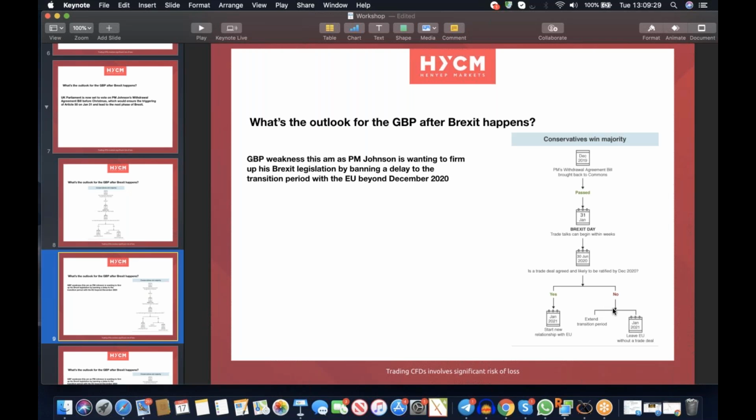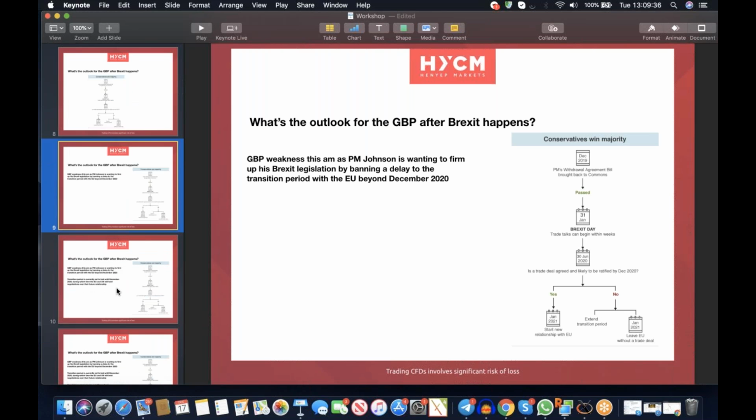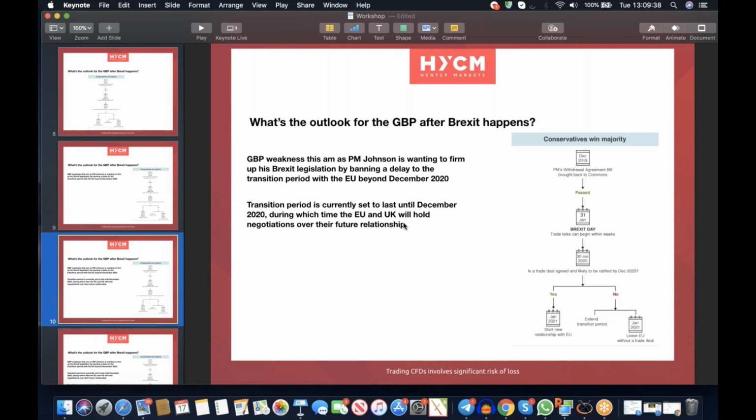So one of the market was thinking that it's very difficult to organize a trading deal in 1 year. It often takes 3, 4, 5 years to organize a trade deal between countries. So the idea that the UK wanted to do it in a year was always seen as too optimistic. But the market was sort of thinking, well, okay, so there will have to be an extension